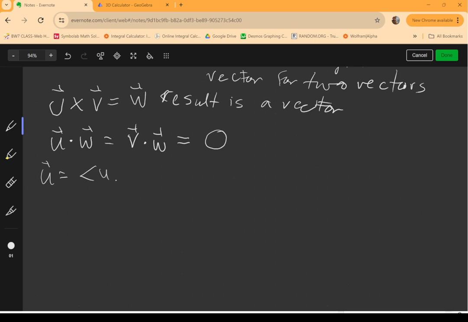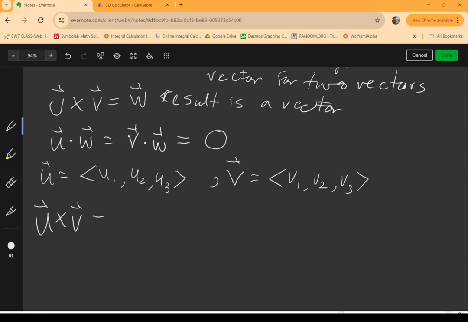So if u is some vector in three dimensions, and v is some vector in three dimensions, then we'll define u cross v to be the vector defined by u2 v3 minus u3 v2,